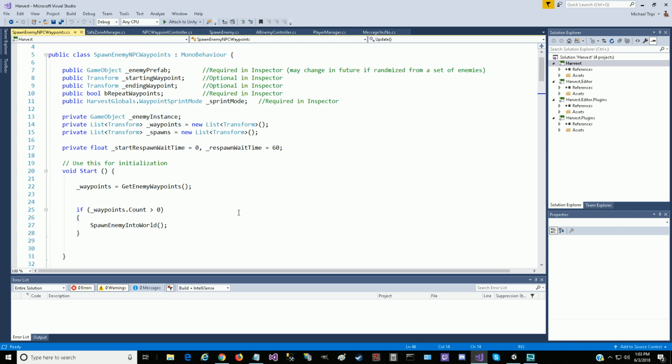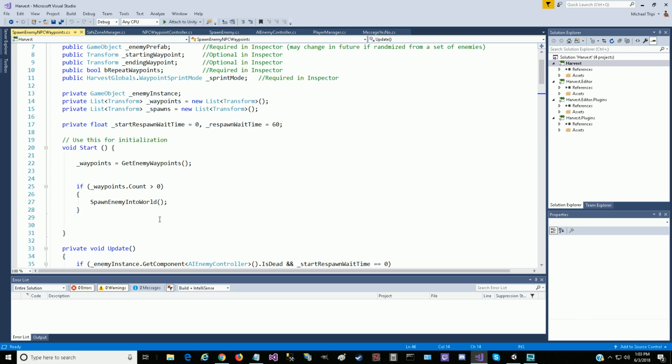Now, the new changes we had, first of all, we added these two. We already had the enemy instance set up here, so we can access it anywhere. But we added two additional lists here, the waypoints and the spawns, because the script will need to identify the waypoints for this parent waypoint system of the game object that it's attached to. It'll need to find its children, waypoints and spawns. So we also set up some variables for